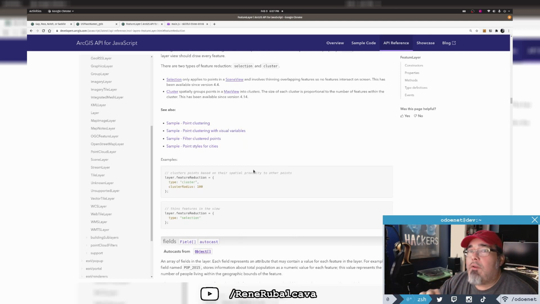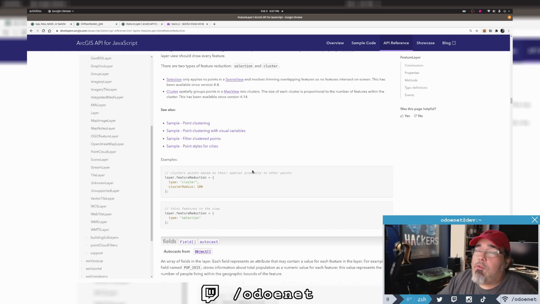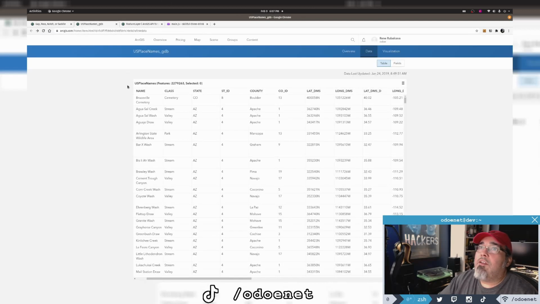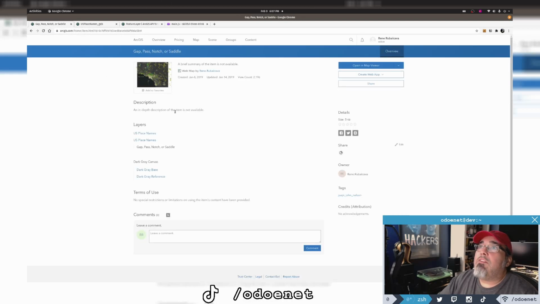You can do clustering in the online map viewer, and it's pretty easy to set up there, and you can do all your rendering and everything there, define which symbols to look like and make the clustering all nice and pretty. Or you can just do it directly in the API, right, when you build an app, which is what I'm going to do,